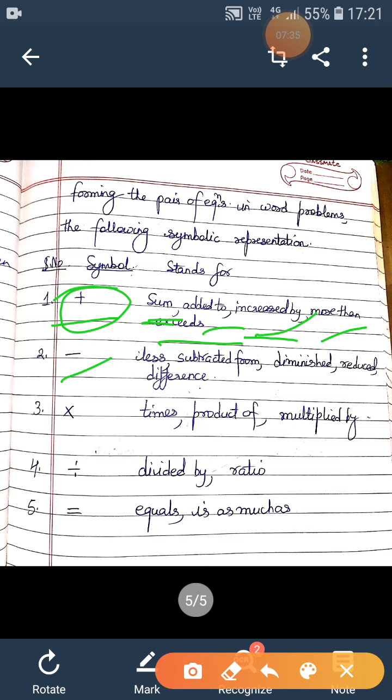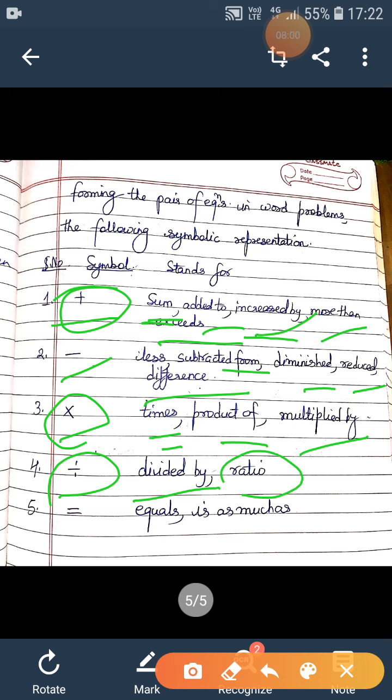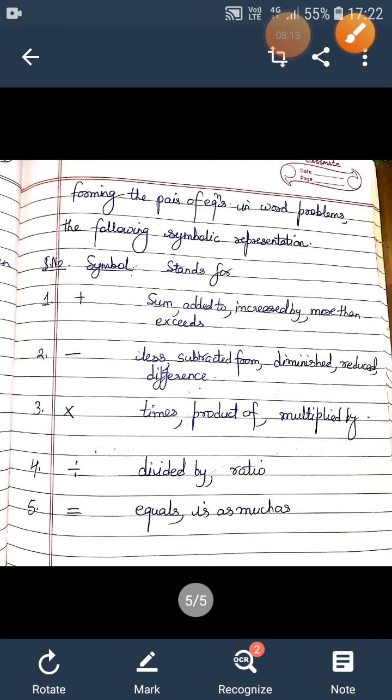For minus or subtraction, we have some keywords: less, subtracted from, diminished, reduce, the difference. So in that word problem you will have to use subtraction. Now product means multiply. The keywords will be times, product of, or multiplied by. Then we use division when it is written divided by or ratio of some terms. And we put the equal sign in the equation when the keywords are equals, is, or as much as. So these are the things that you have to remember in this